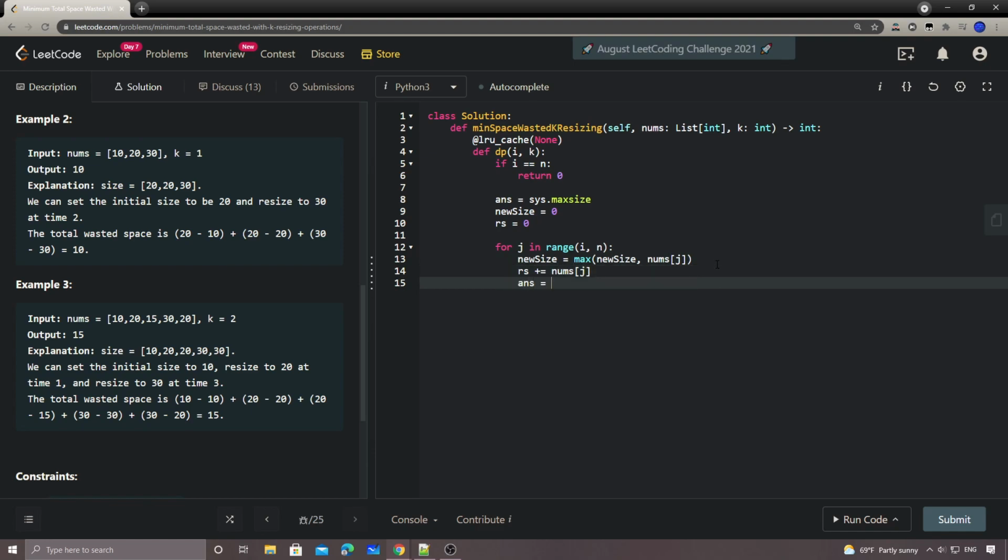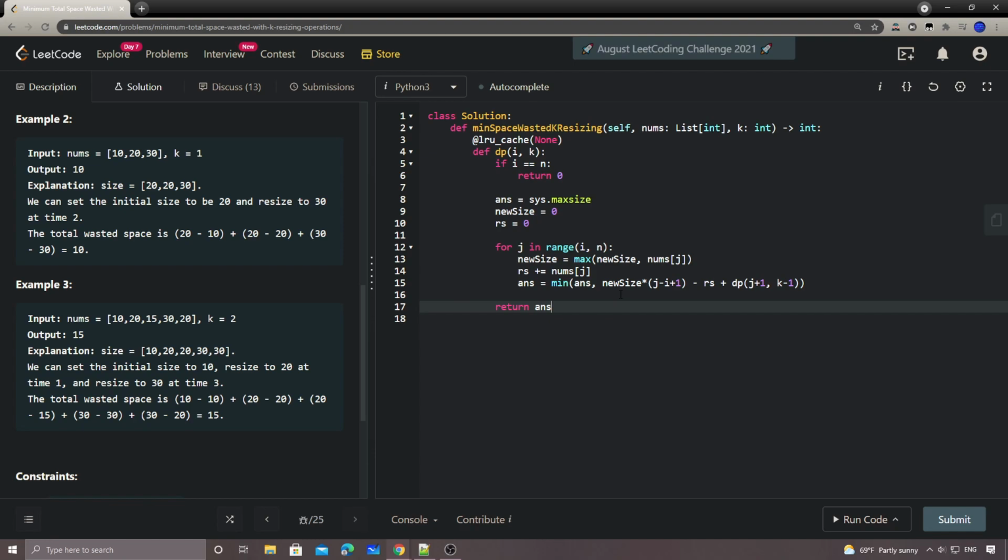So the answer will be the minimum of answer and the new size, right? The new size will cover from j to the current i plus 1. That's the total number it will cover, right? And then minus the running sum, right? And then we do dp of j plus 1 and k minus 1, right? And then in the end we return the answer,